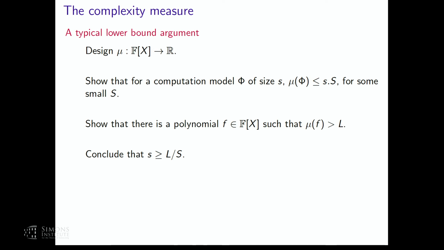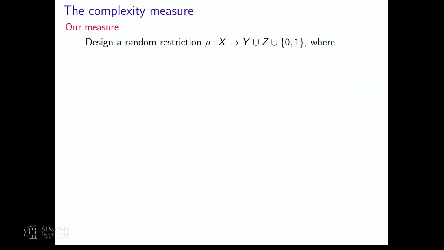So this is a standard outline that we keep on applying. The difficult part usually is coming up with the right polynomial and coming up with the right measure, and also sometimes coming up with the right lemma or weakness of the model. So the measure that we will use, from now on I probably will end in 5 minutes and not give too many details, just the outline.